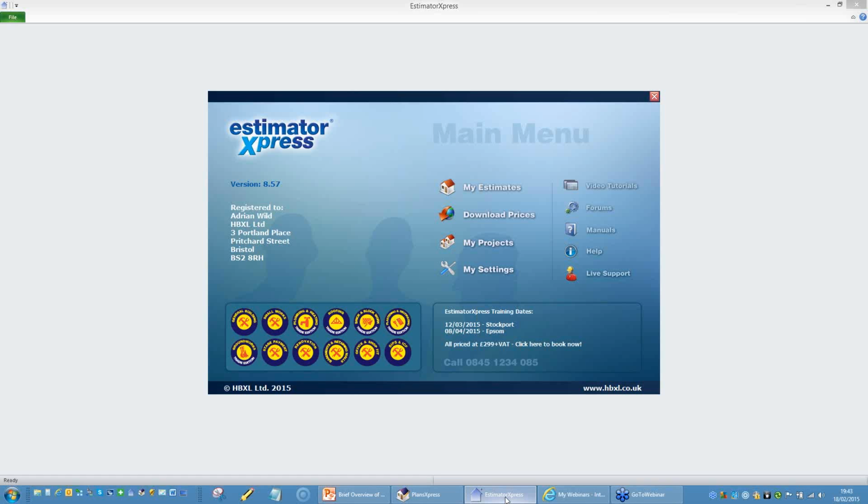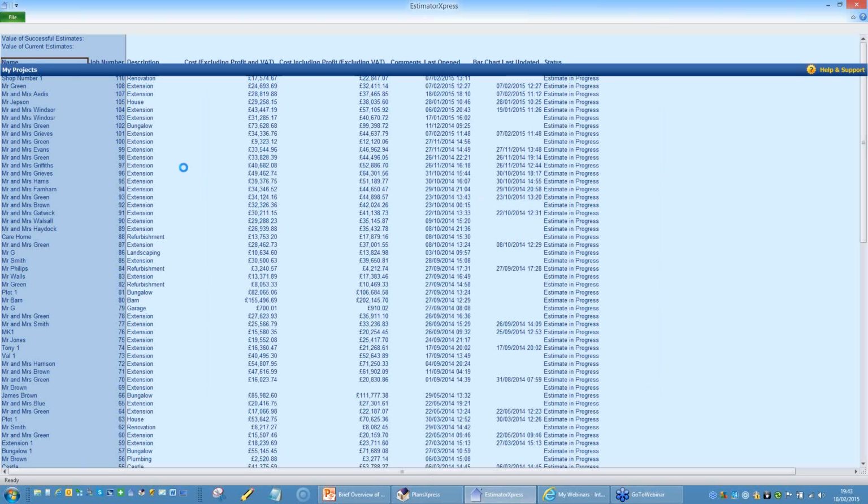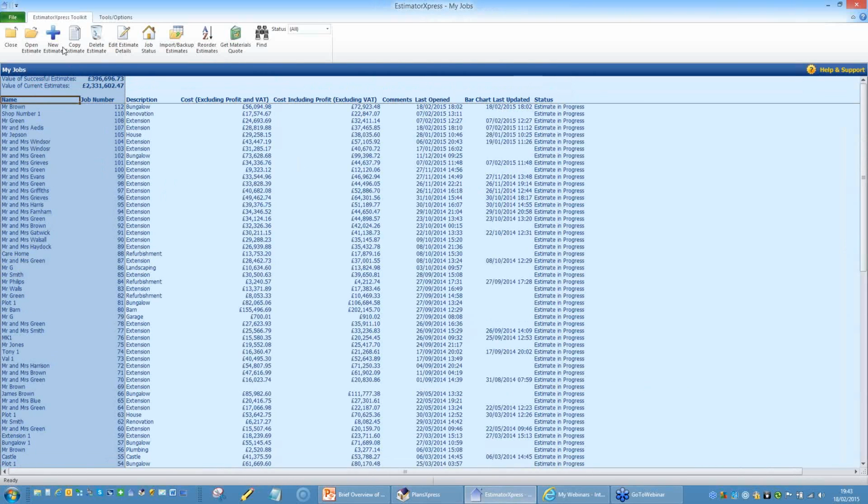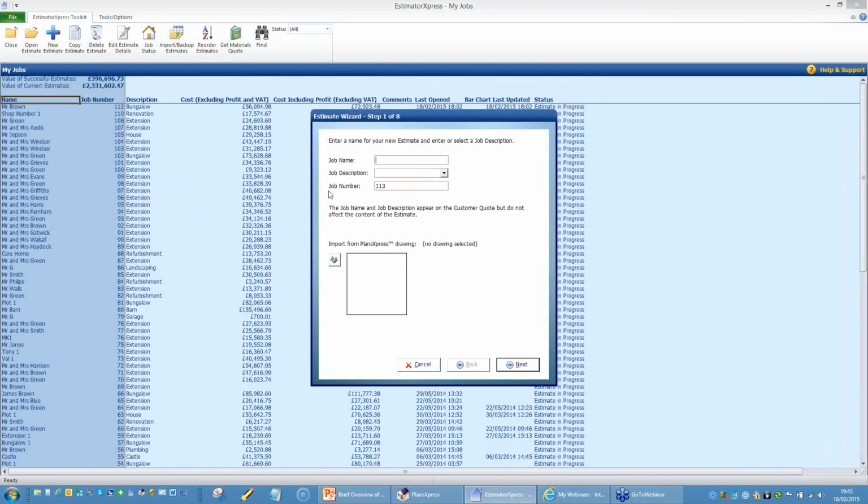So because of the time, I'm going to go straight in and import this estimate and explain some of the processes that go on under the bonnet as we're generating the estimate. So first of all, we give the house a name. So I'm going to call this plot 1, and it's a house. And I can then go and import the drawing